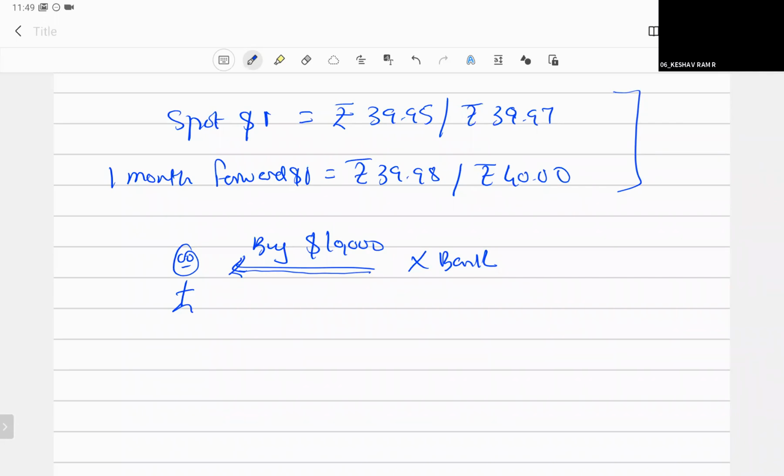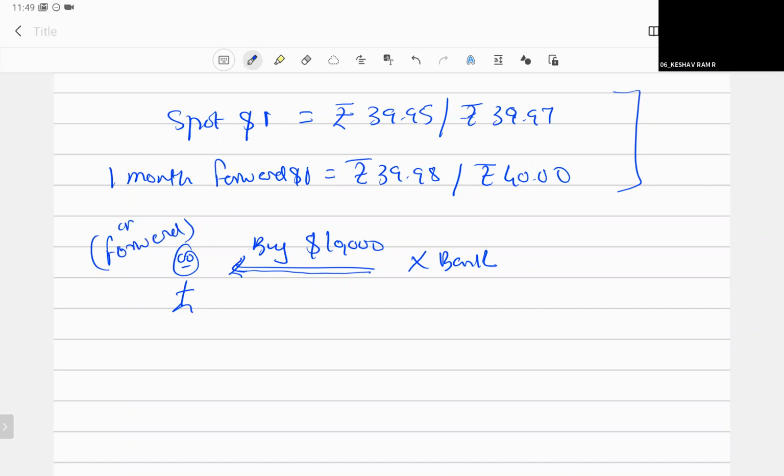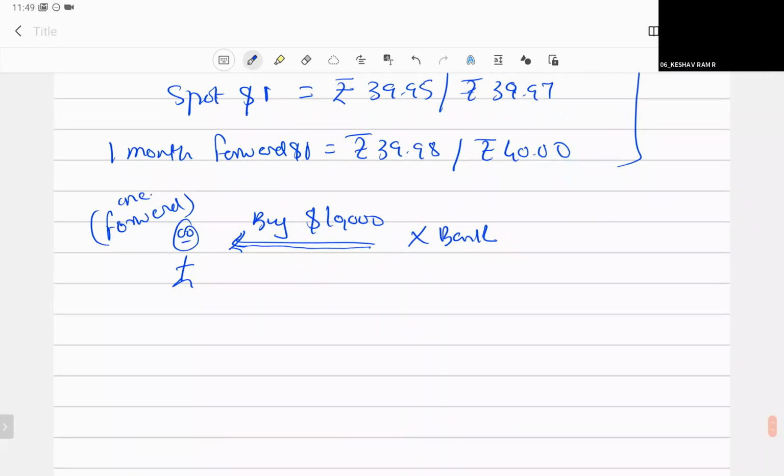For the forward contract, he has to pay around 39,980, sir, for buying. If it is a spot rate, which rate is applicable for us? We are going to buy the dollar from the bank. Spot rate, 40, sir. No, I'm saying forward. He's going to purchase 1 month forward. Oh, 1 month forward, okay, I didn't know this, sorry. If it is a forward, you have to buy it at 39.98, which is the forward rate.